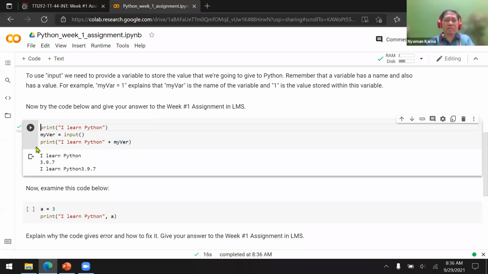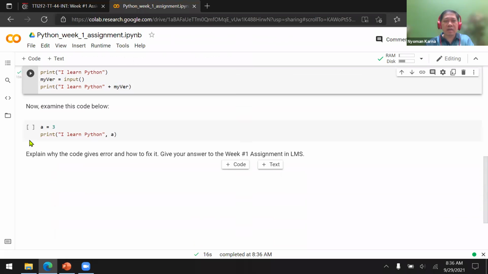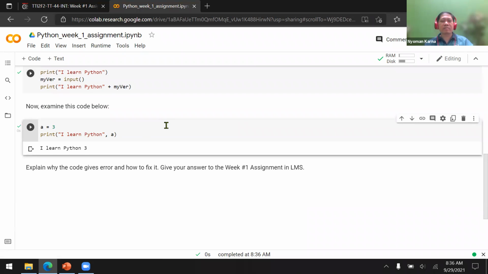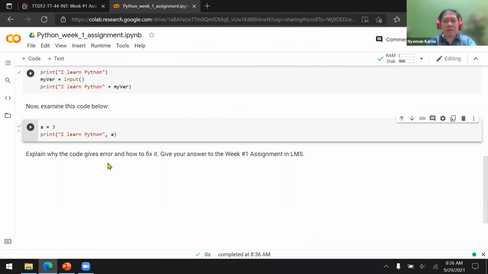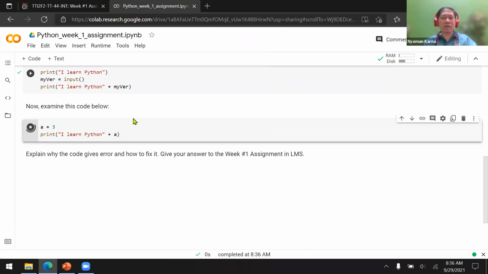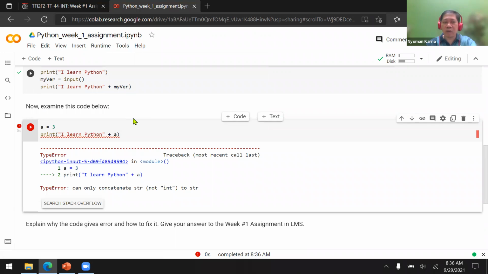Now how about the last code? Let's run this code. It says I learned Python 3, but this is already fixed. Actually, it is something like this. Now let's run it again. It will give an error. Why? Because A is a variable with a numeric value, which is 3 in this case.